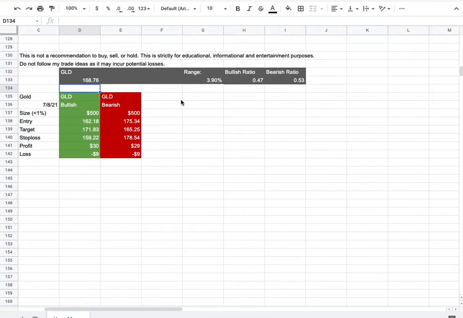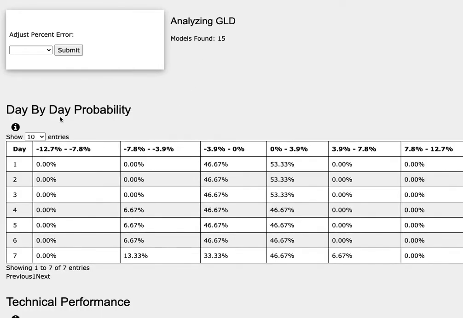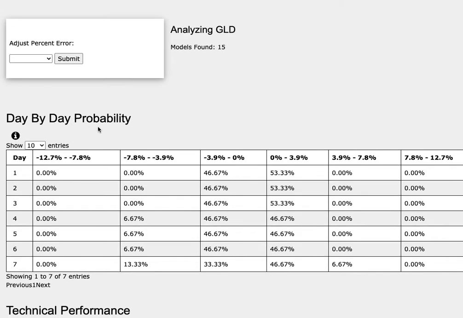So how did I develop these trade ideas? It all comes from the day-by-day probability model, which is available in the link below, so do check it out. As we progress to the 5th day, or week of trading, gold futures has a 47% chance to climb between 0 to 4%. To the downside, it has a 47% chance to fall between 0 to negative 4%, and a 7% chance to fall between negative 4 to negative